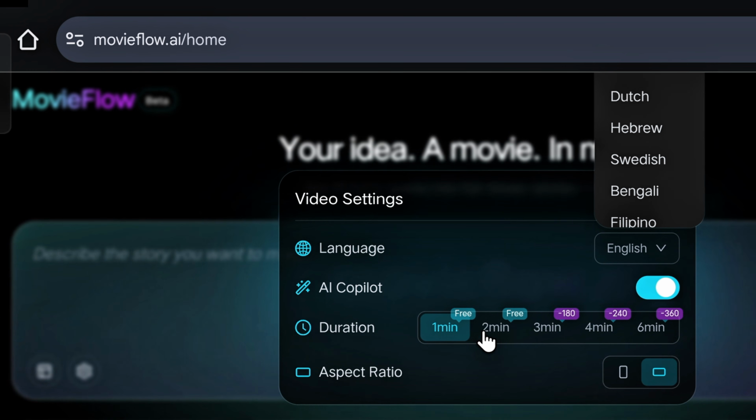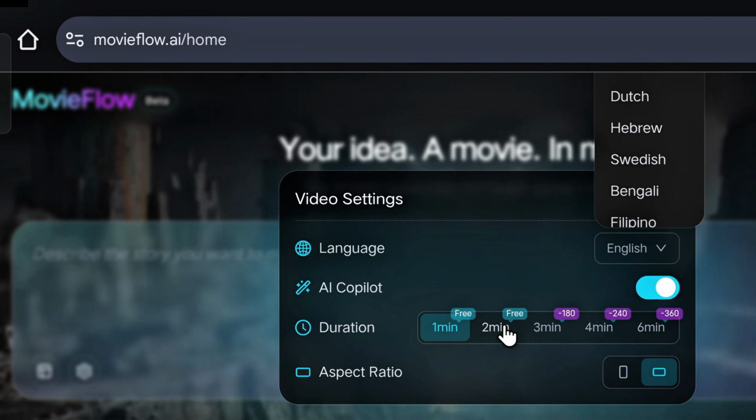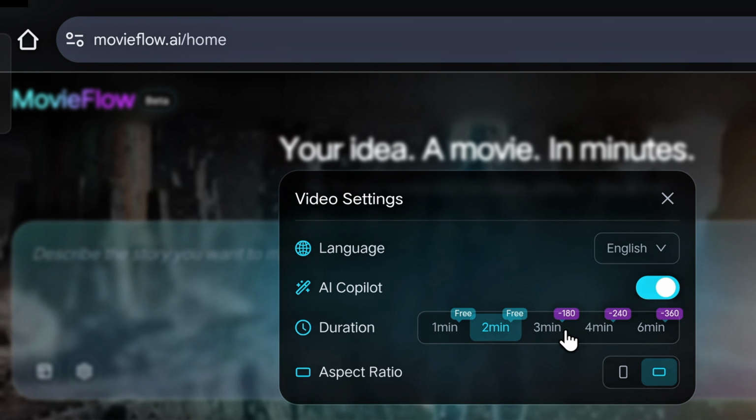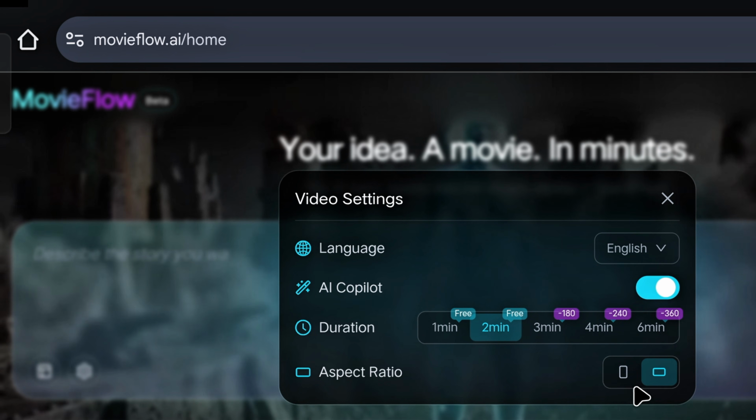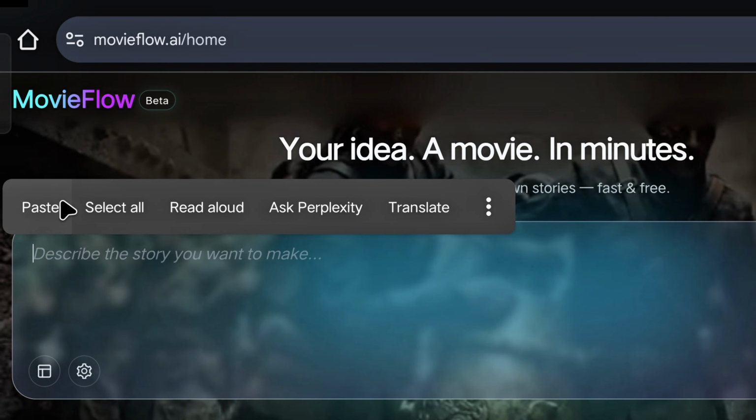You can create up to 2 minutes of video for free. If you want to create longer than that, then you will need to purchase credits here. But even a 2-minute video is a lot. You can create a 2-minute video by entering one prompt, and then by entering another prompt, you can make up to a 4-minute video. Here we will paste our prompt, in which I have written,